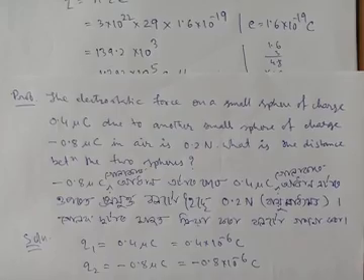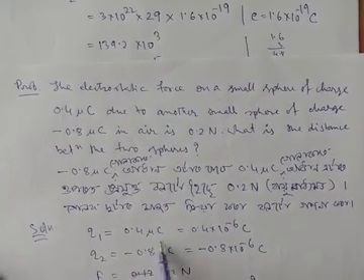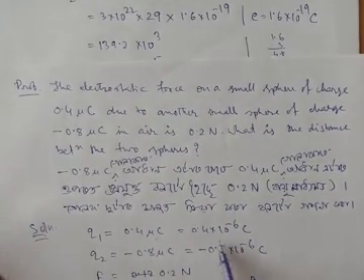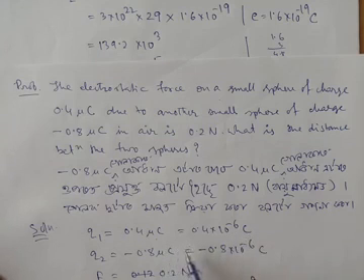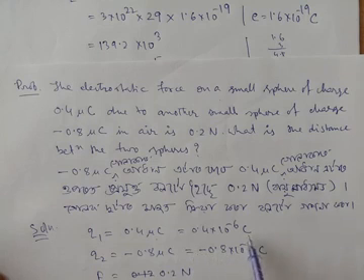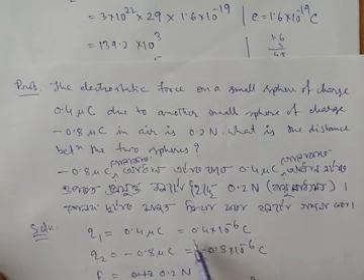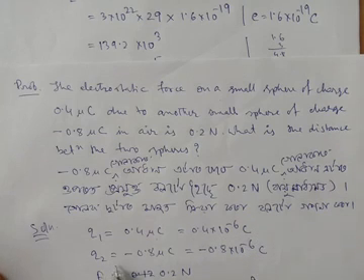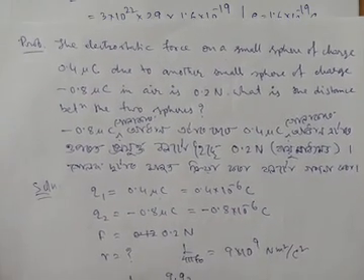First we have to see what is given here. Q1 is 0.4 microcoulomb, that is equal to 0.4 into 10 to the power minus 6 coulomb. So immediately what is your job? You have to convert the units generally to SI units. The SI unit is coulomb, so you convert it into SI units. Next, Q2 is minus 0.8 microcoulomb, equal to this much coulomb. F is given, F is equal to 0.2 Newton. What to find out? You have to find out R.